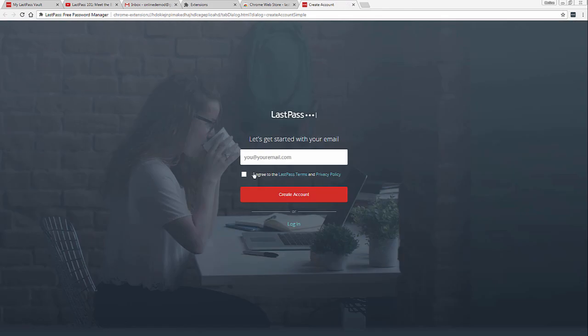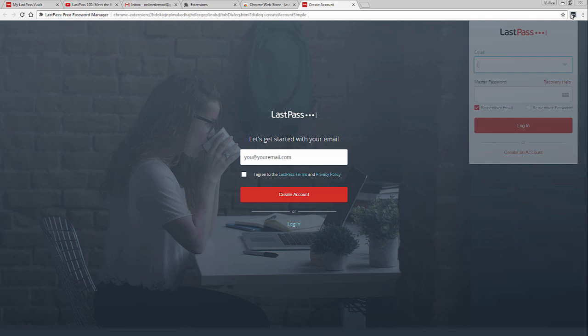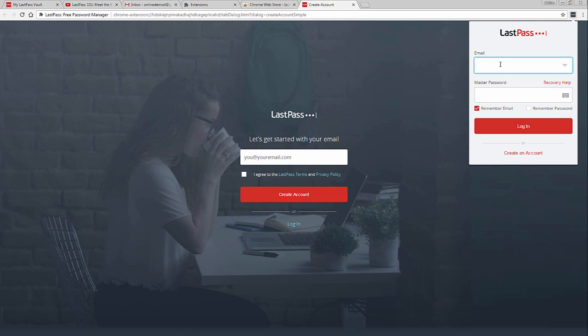And it just added the extension a second ago. So here is the extension. Do you see that really there? And it's grayed out because I haven't logged in. But if I wanted to log in, I could just go here and enter. I could say, remember my email, so I don't have to start typing my email every time. You could also get it to remember your password. I recommend you leave this off just in case you're at your desk or at home and you forget to lock your computer and you leave it there without having it secured. So it's better for it not to remember passwords in case someone else is using your computer or has access to your computer. So if we just log in,